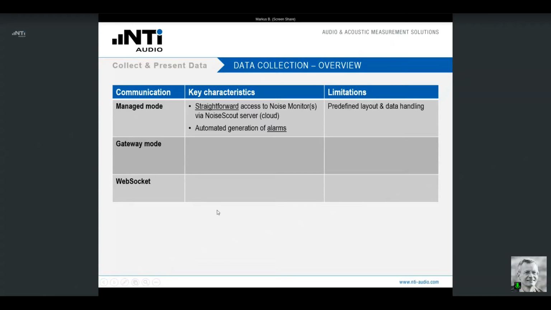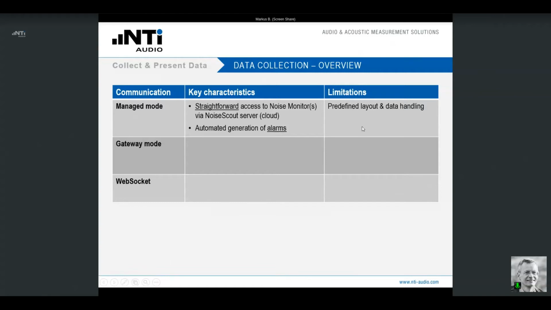The managed mode is a very straightforward access to the noise monitor via the Noise Scout server cloud. So it's a very easy to use and helpful feature which provides all the required information. It is also able to automatically generate the aforementioned alarms in case that a level exceeds a given threshold.